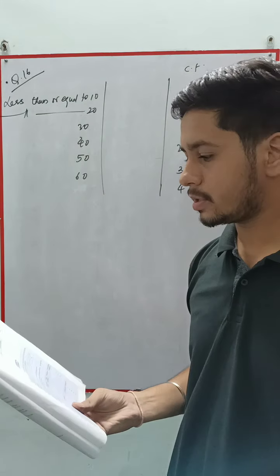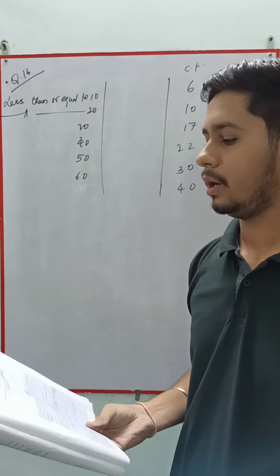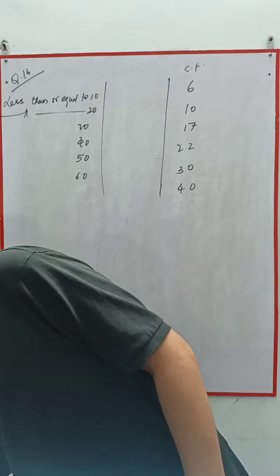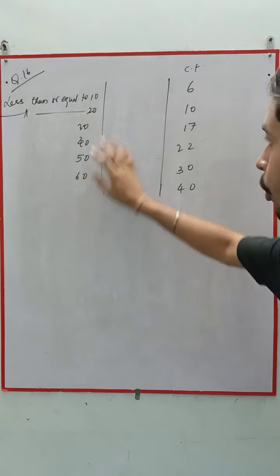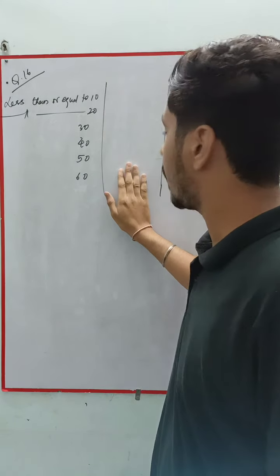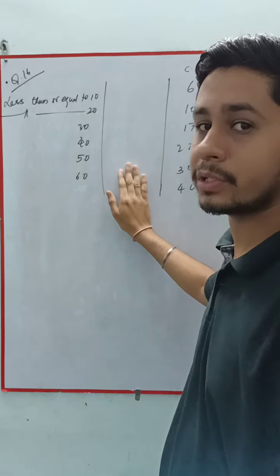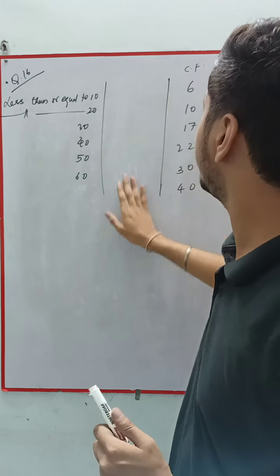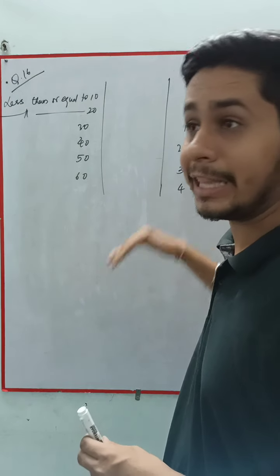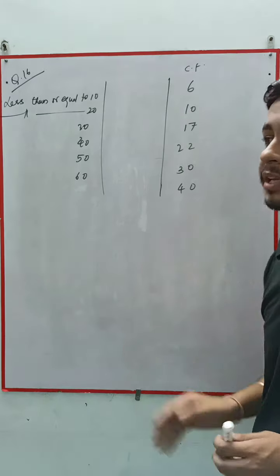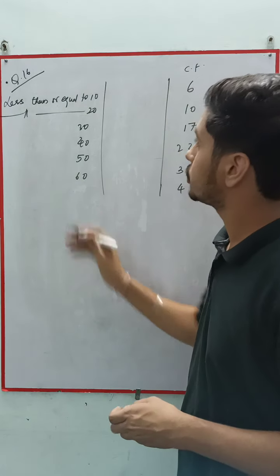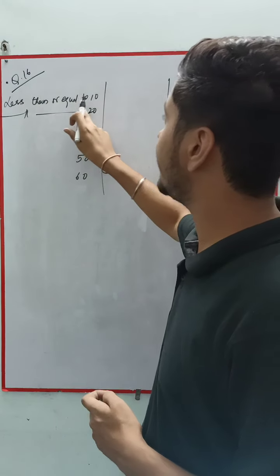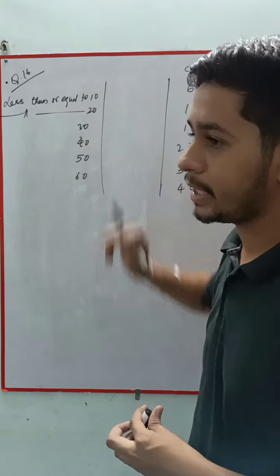Construct the frequency distribution of positive integral data from the following cumulative frequency distribution. So from this we need to construct a proper interval. How do we write the intervals? Like 10 to 20, 20 to 30, like that. So we need to write here properly, and then cumulative frequency, and then we have to write the proper frequency of it. So less than or equal to 10, then less than or equal to 20.